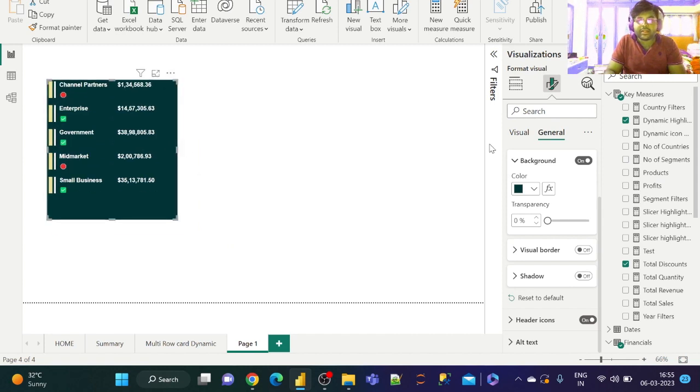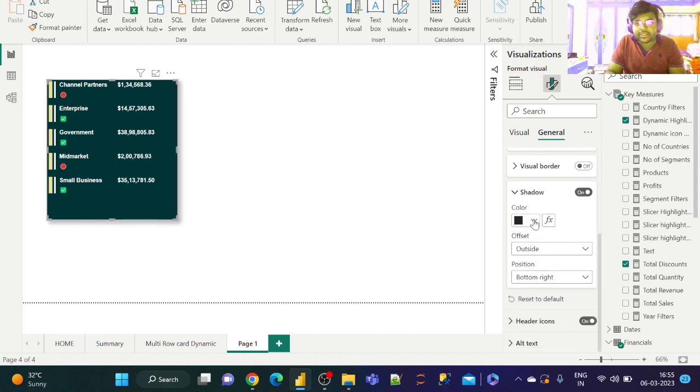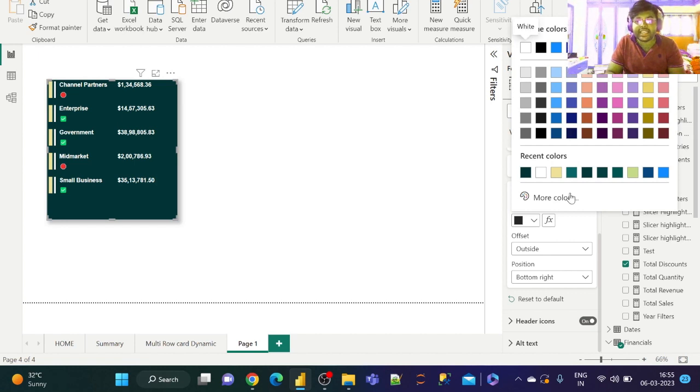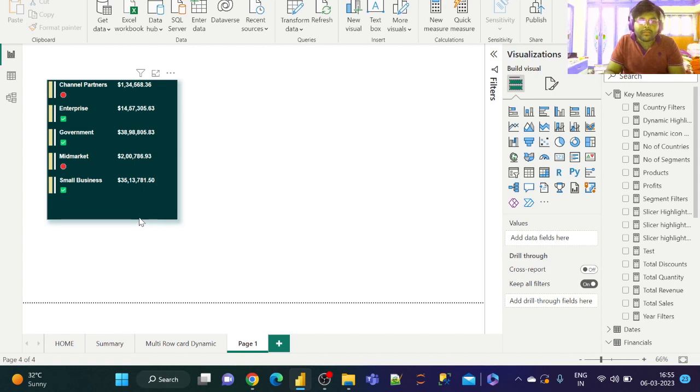Let us go ahead and enable the shadow. Shadow is off. Let us turn shadow on. And for shadow color, let us once again take it as green. Okay. That's it, guys. So this is how you make the best use of